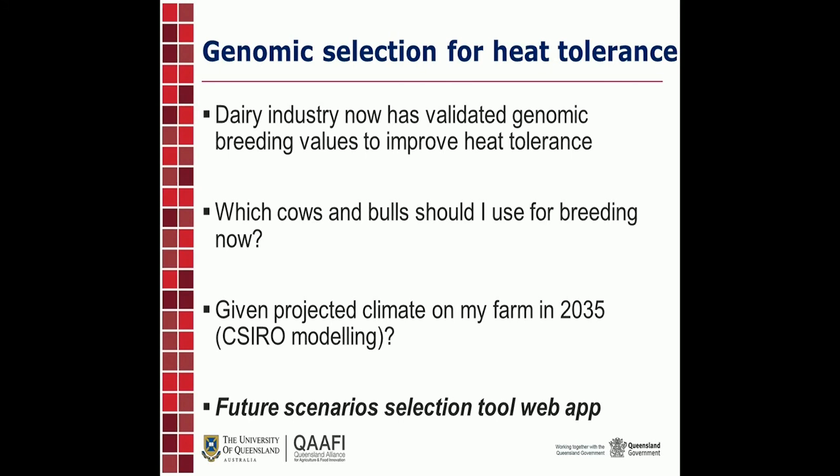So one of the postdocs in the group down in Melbourne that was working on this project actually came up with a little web app that optimised the balance of heat tolerance with everything else. So in this little web app,